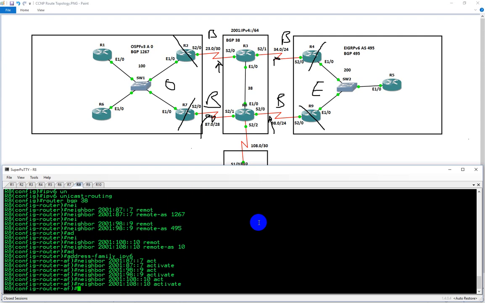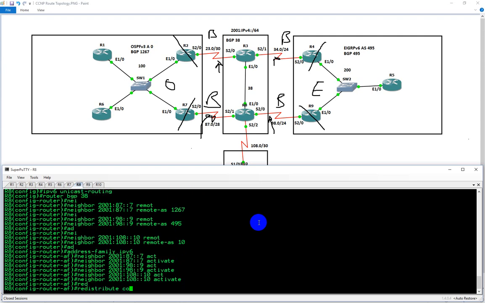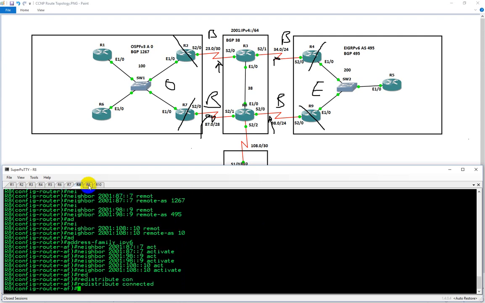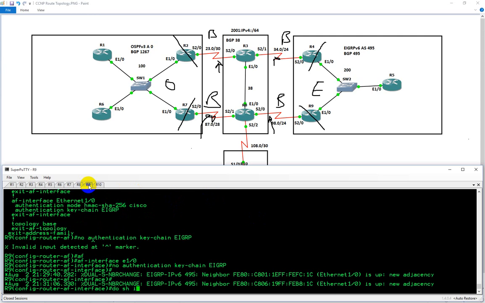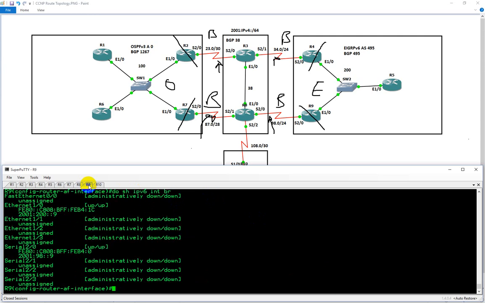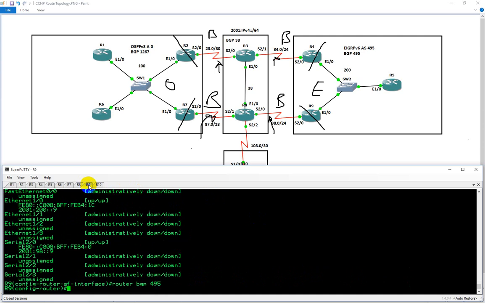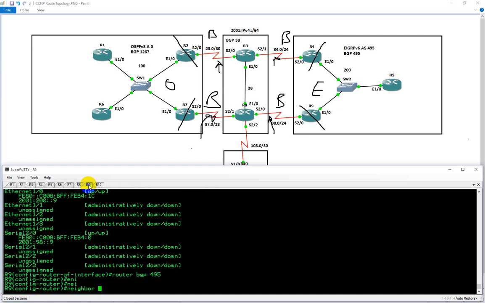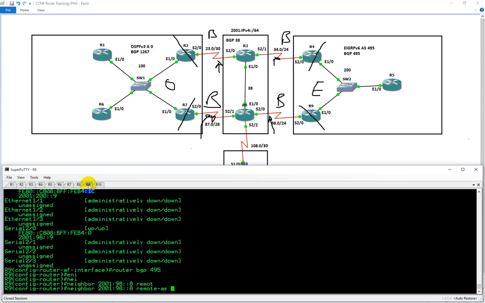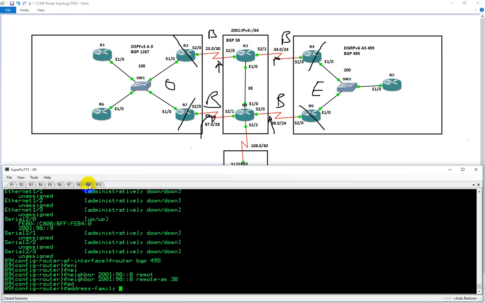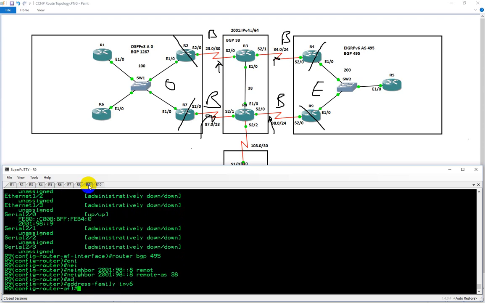and pull these guys in and activate, and 108, and then activate that one as well. And then we're going to do a redistribute connected on this guy. We're going to go over to 9, do show IPv6 interface brief, just to make sure I have my configuration spot on. So, we're going to type in router BGP 495, and then we're going to type in neighbor of 2001 colon 98 colon 8, remote AS of 38, address family IPv6, and then